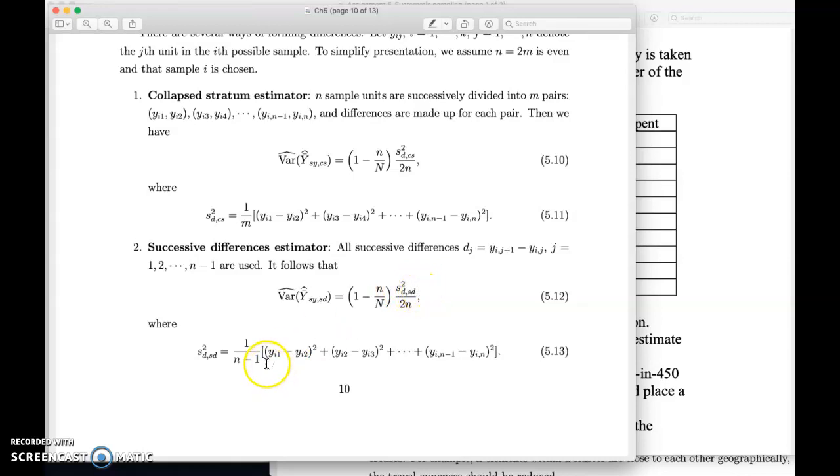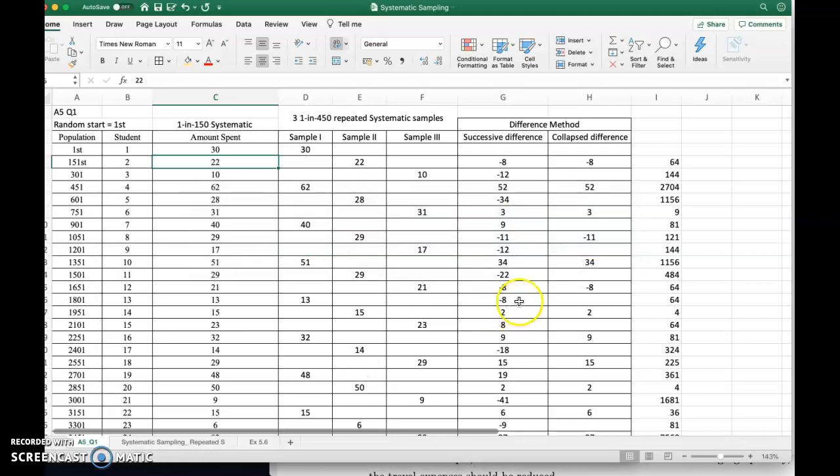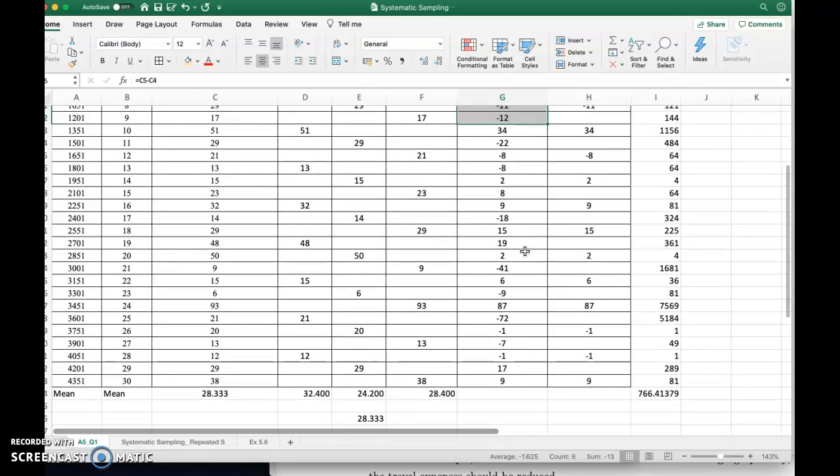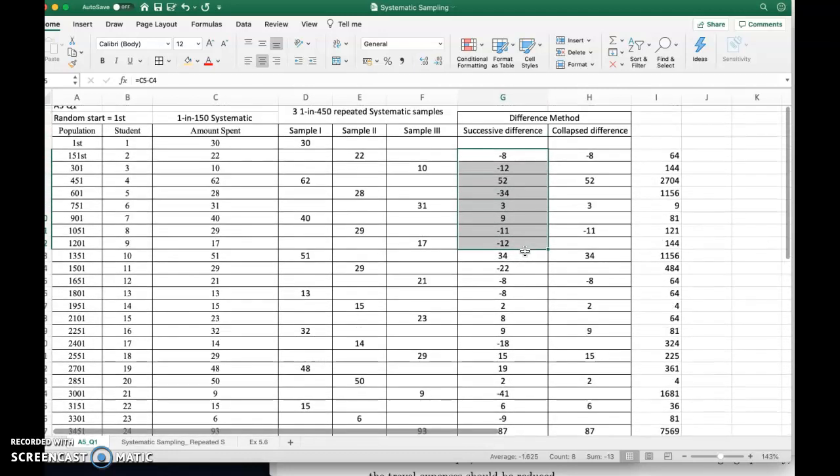Okay, so we're looking at the successive difference. So the difference of the 2 values, but successively. By the way, I mean successive. That means Y2 minus Y1, then Y3 minus Y2, etc. Okay, so at the end of the day, I would be able to obtain n minus 1 numbers of the differences,